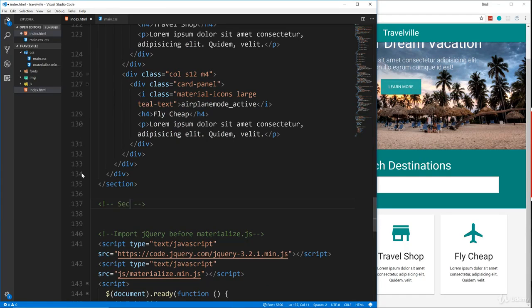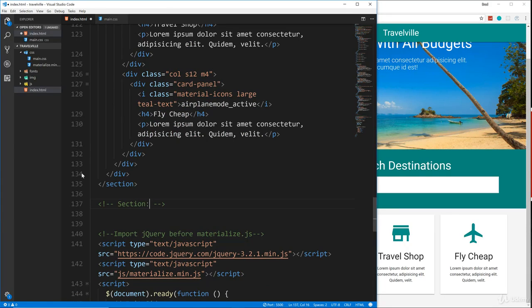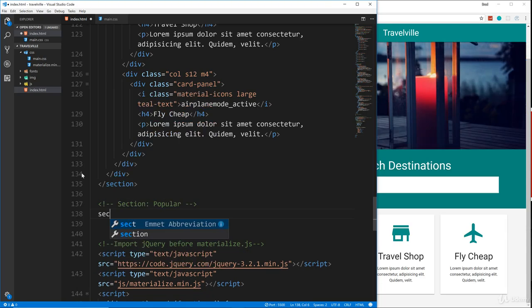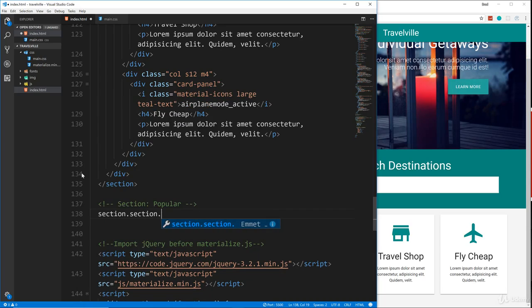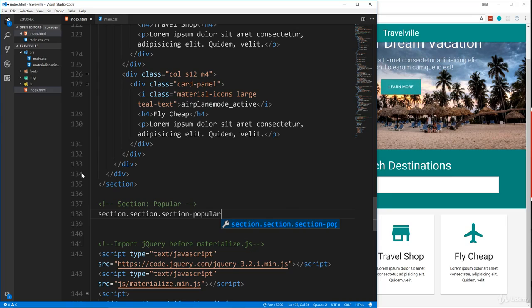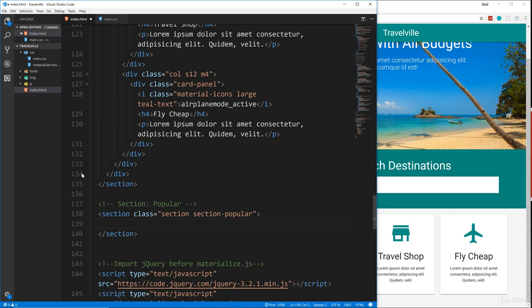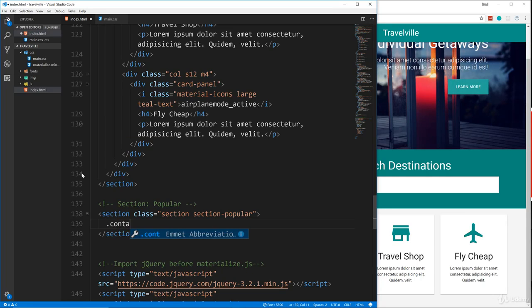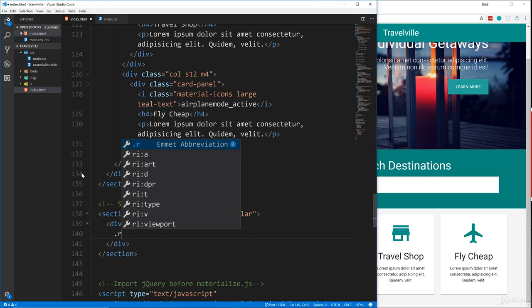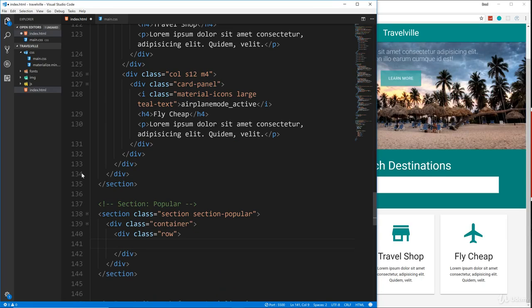and I'll put a comment here and we'll say section, and this is going to be the popular section, and we'll say section.section, and then the custom class will give it as section-popular. Alright, so let's do that. And by the way, we're going to get to the navigation after the scroll spy, so we can click on the navigation links and it'll go down to that particular area. We'll do that after. So let's do container, let's do row, and we're going to do